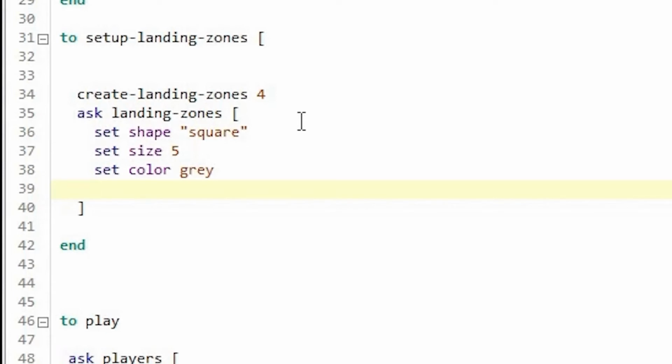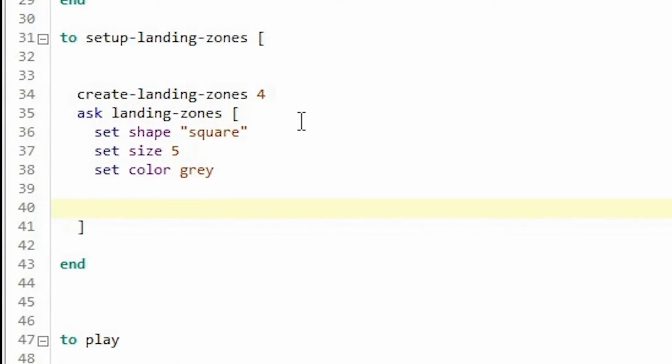And now we have to decide what the x coordinate is going to be. If we simply give one x coordinate, all the landing zones will be placed in the same place, so I have to avoid that.